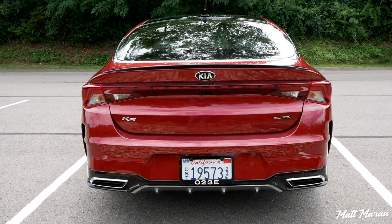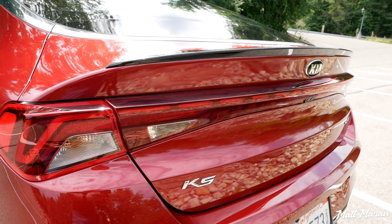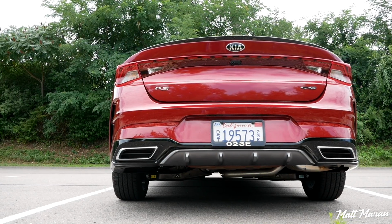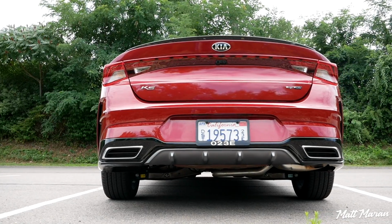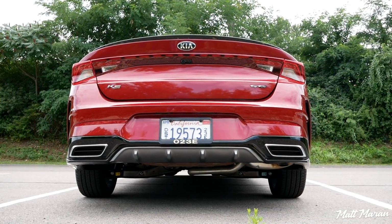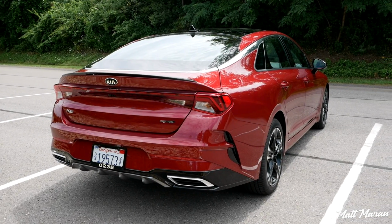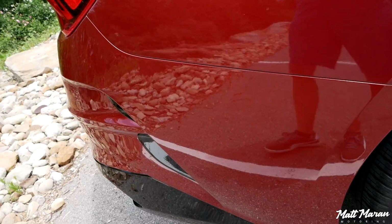You have some nice taillights as well. I love how they mirror the same checkmark shape, which I think they said was inspired by a heartbeat. Whenever you see it on a graph, it has that same shape. And then you have the dotted LEDs going across the full width of the back end, which is a really cool look, especially at night. And then in the lower part of the rear bumper, I love how three-dimensional